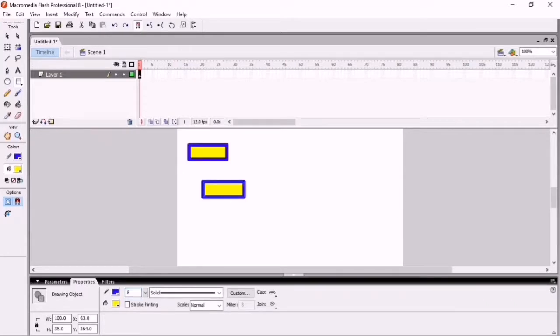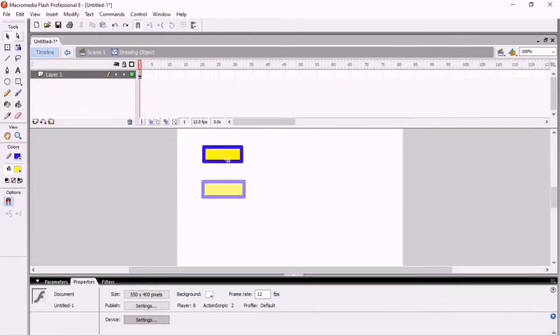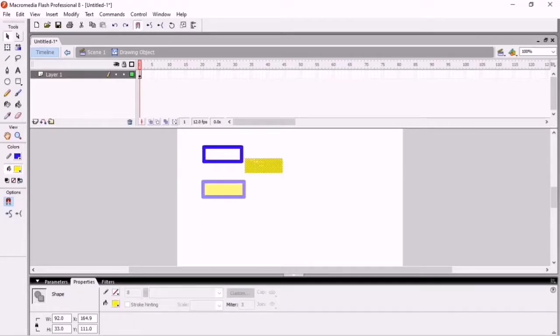Now I explain this also. If I select the selection tool and click here and move this, it completely moves. And if I double click here and now want to move this, you can see the boundary is here and the inside area moves separately. Okay, now these are all the tools here.